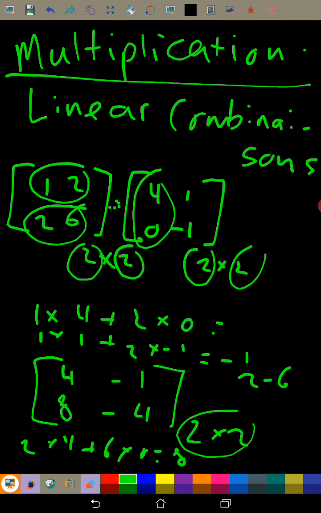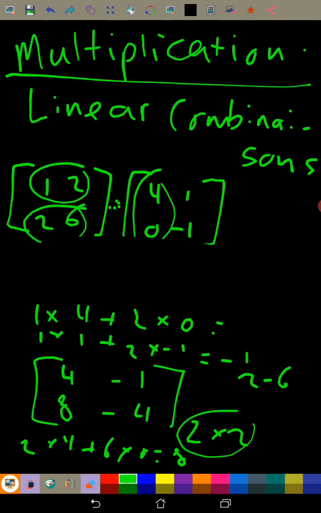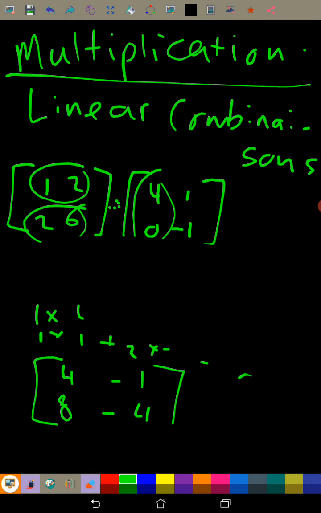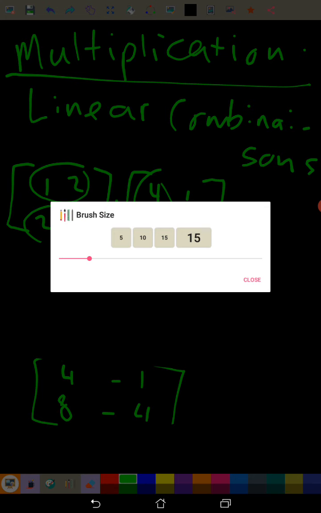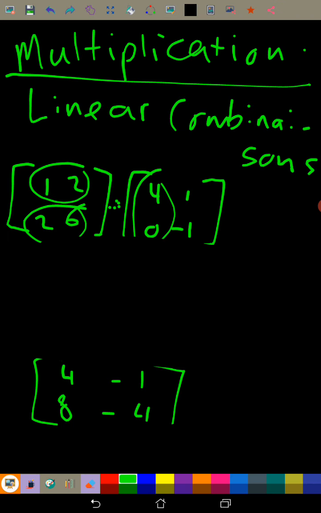Yeah, I followed all the rules, so it should be correct. But this is what we've learned before to do. But with linear combination, they do something crazy. If you want to get crazy, you can try this. So what they do, they take 4 times 1, 2 plus 0 times